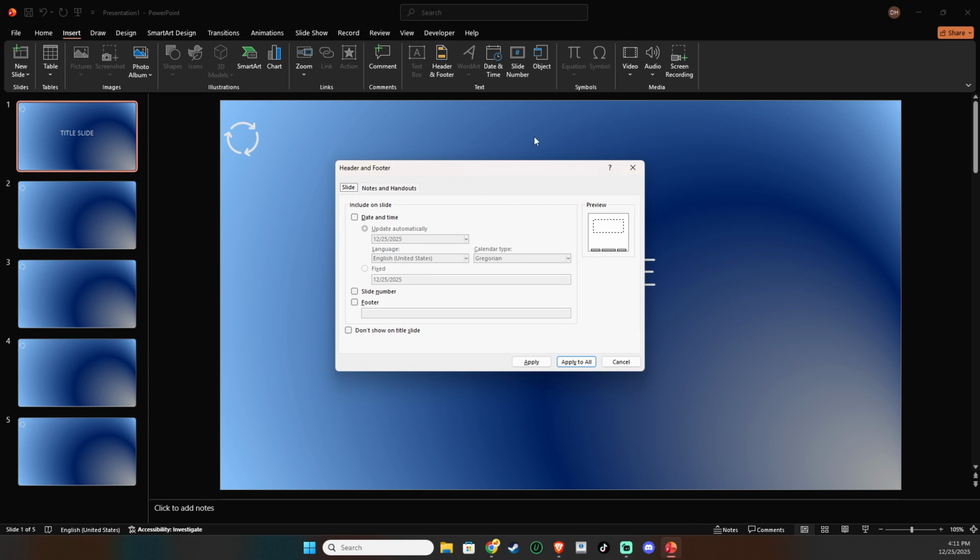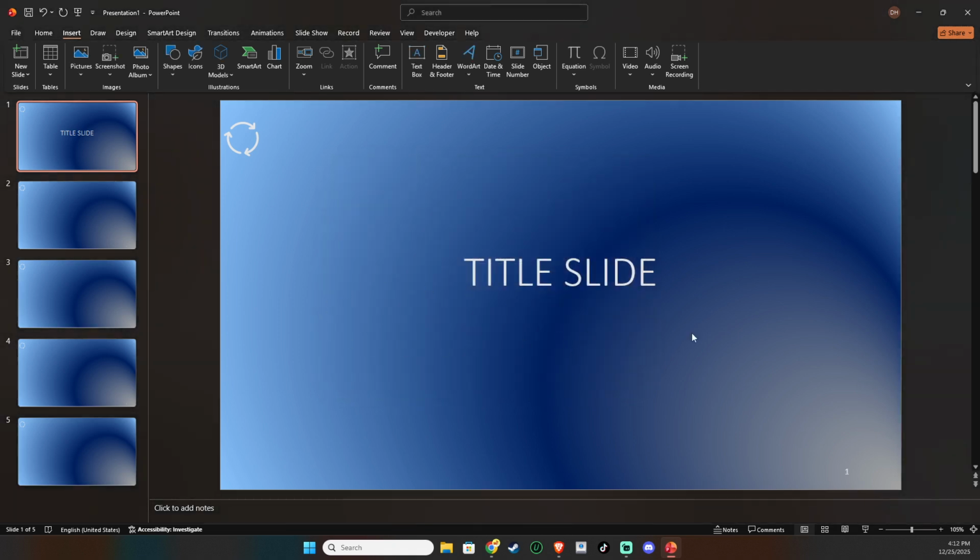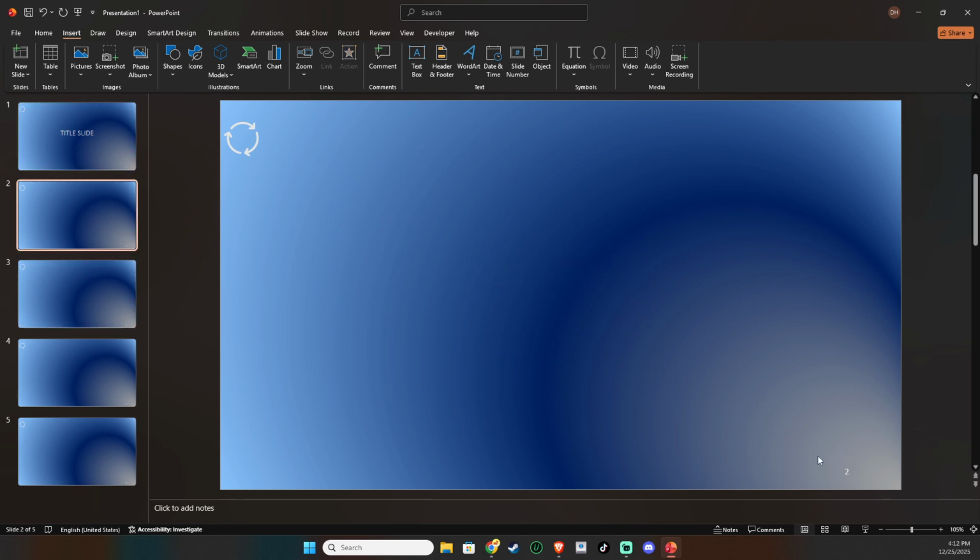In the dialog, check the box labeled Slide Number. This tells PowerPoint to place a slide number on your slides based on your theme's design. Now, click Apply to All. Apply to All is important because it pushes the setting across every slide in your deck, including any you add later. If you only click Apply, it would affect just the slide you're currently on, which isn't what we want